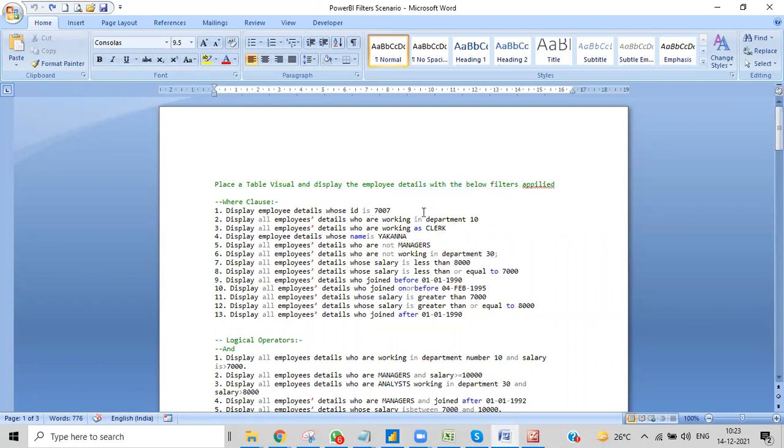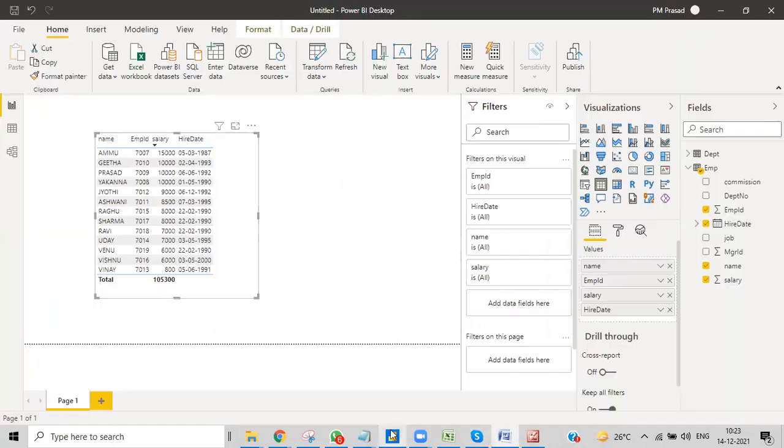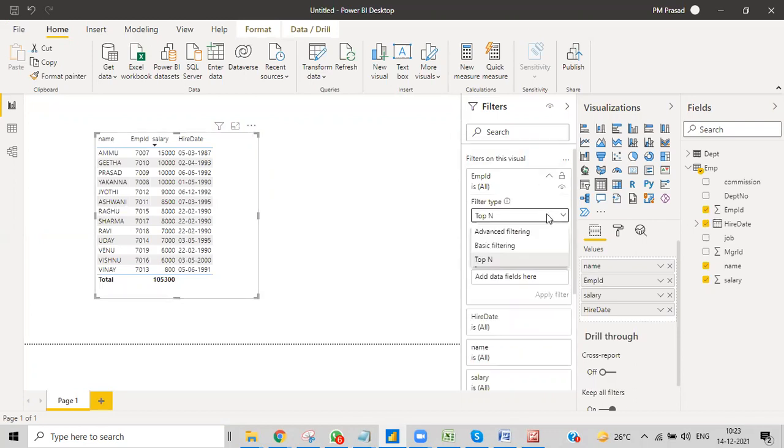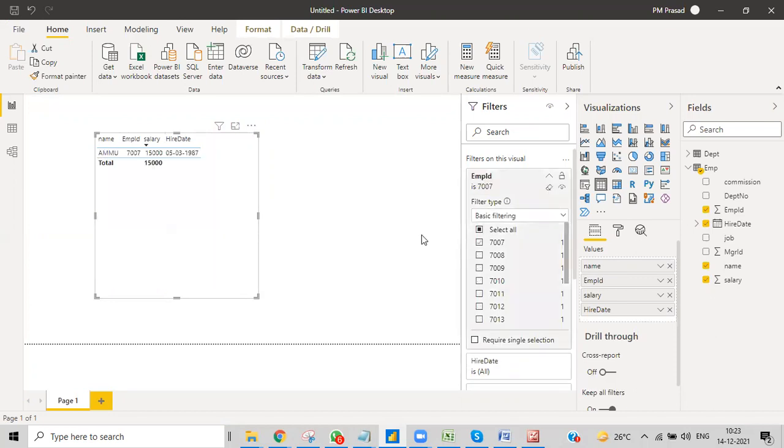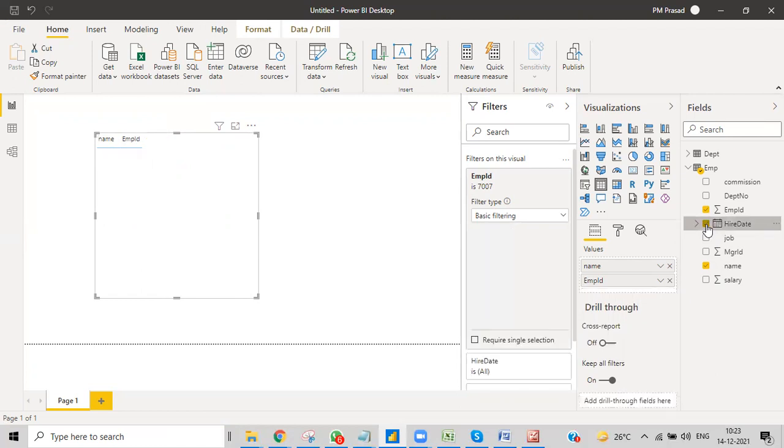Employee details whose ID is 7007. In general, you can go ahead and give the basic filters whose ID is 7007. Deselect all of them and then you can get that. For this instance, I don't need the salary, and I don't need the hire date also. I just need these two things, and then I'll get it all here. Okay, almost 7007.